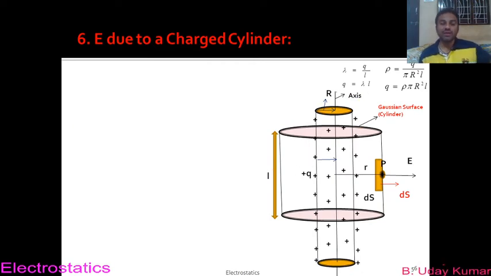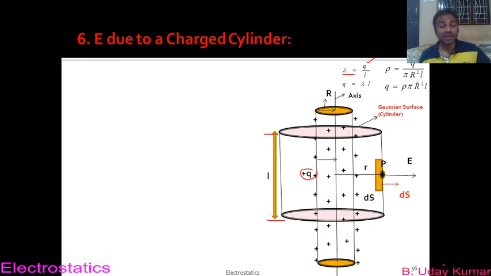So I have mentioned already, I have taken the length of the Gaussian cylinder as small l. And I have chosen the total amount of charge present inside this Gaussian cylinder as plus Q, and hence by formula I can write lambda as Q by L, which I can again write as Q is equal to lambda times L, and similarly I can write rho as Q by pi r square L,